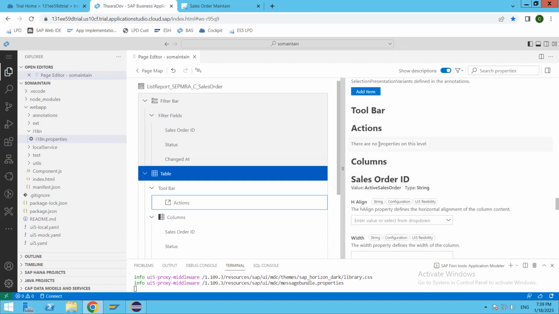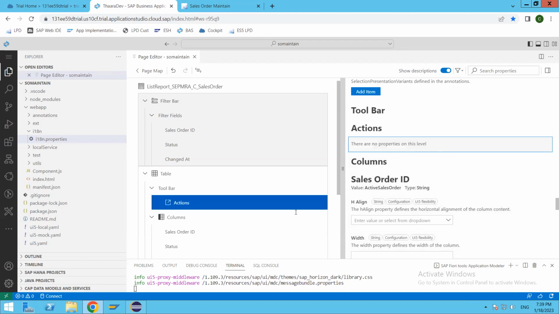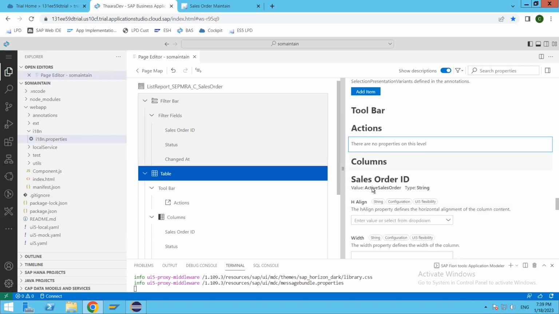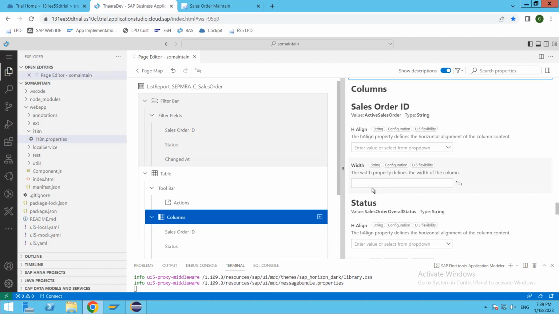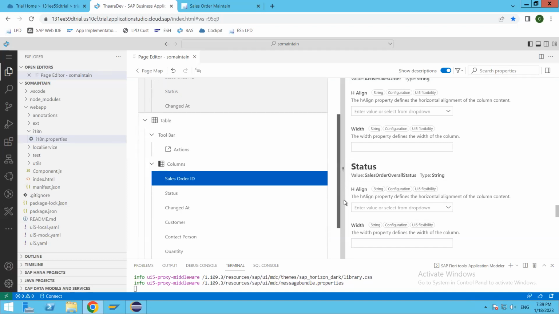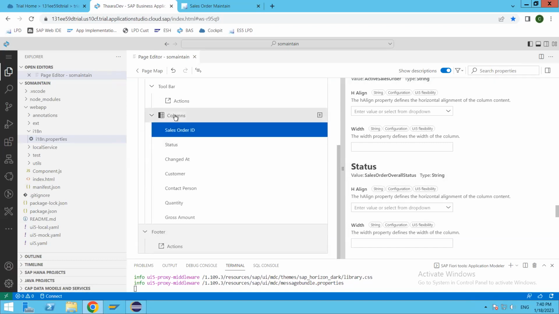No, actions are not included in this one at the moment, I think. Yeah, there are no actions coming from the OData service, so that's the reason it is not showing, and also it's not showing the custom actions that we have added. That's fine. So in the column section, if you see here, we have the initial